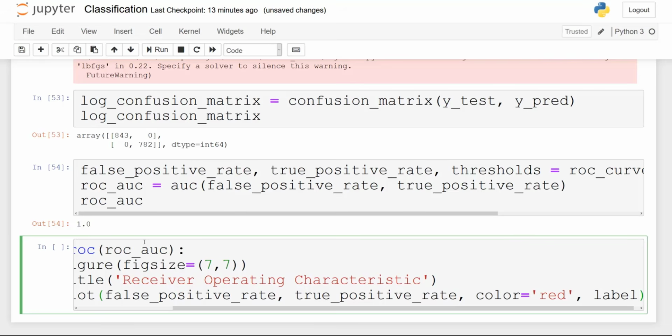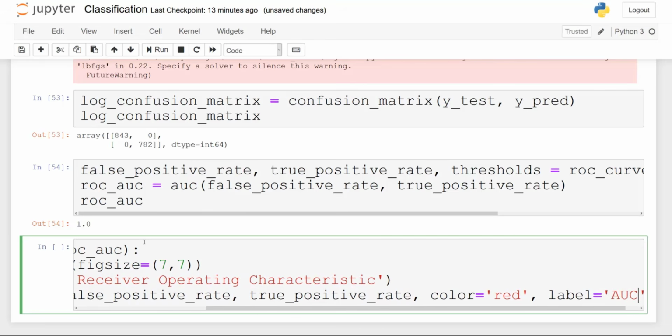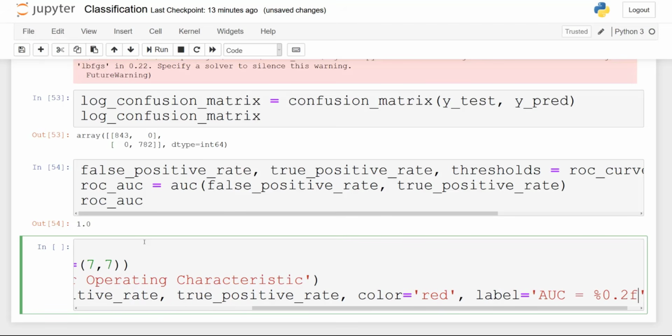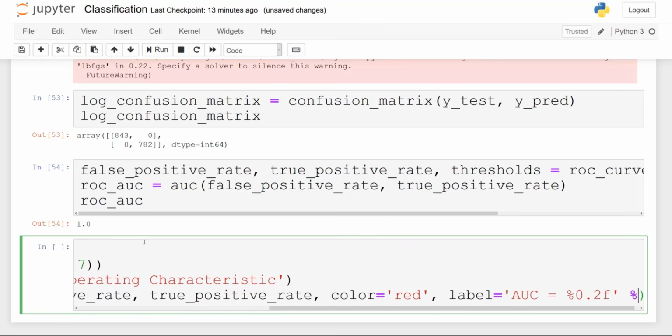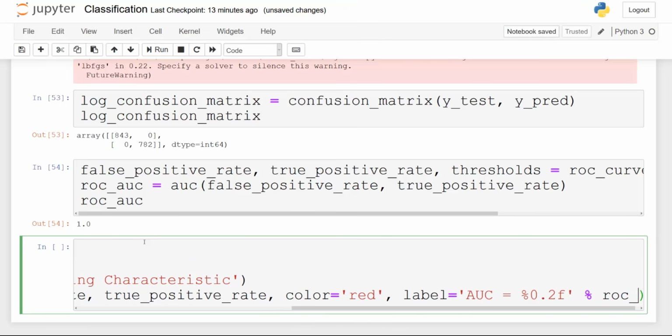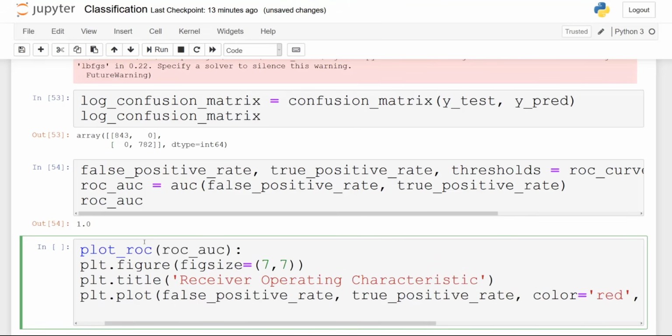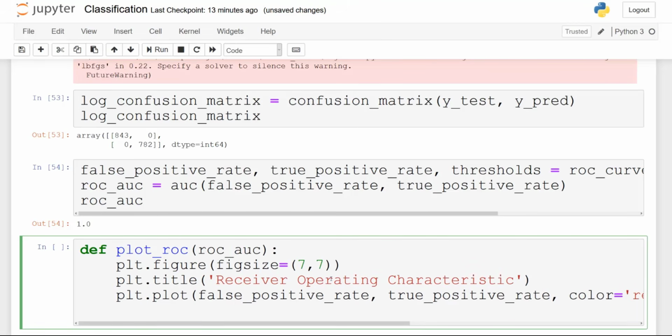I'm going to use red. We're going to give it a label called AUC, and I'm also going to approximate the AUC, so this is going to give us the value approximated to 2 decimal places. And then I'm going to give it a legend, and put it on the lower right side of the plot.